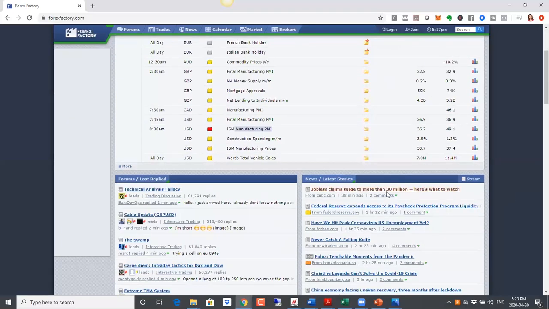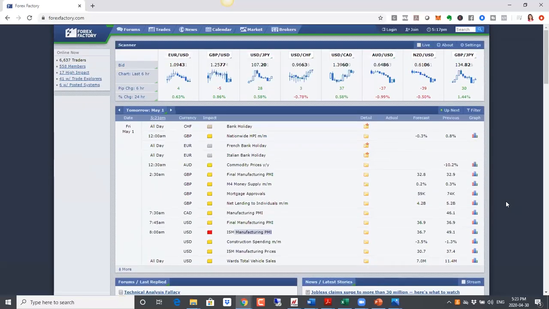Another thing was jobless claim numbers here. The number was quite a bit worse, like we just mentioned here. The problem is the overall number has now crossed 30 million. So that shows that the economy could be in for a really bad case or worst case scenario than what has been taken into account. And that's why the US dollar got hammered today.